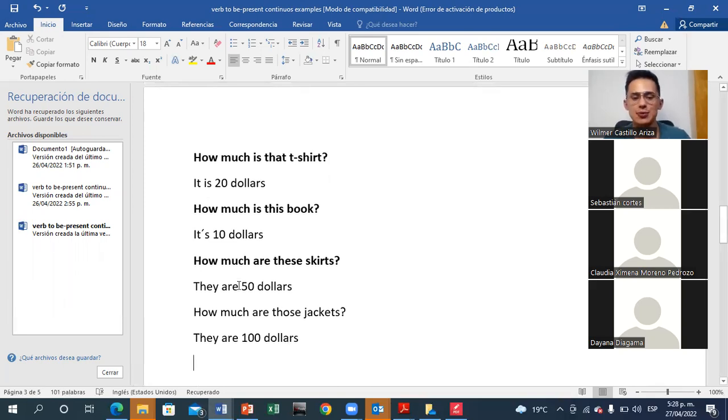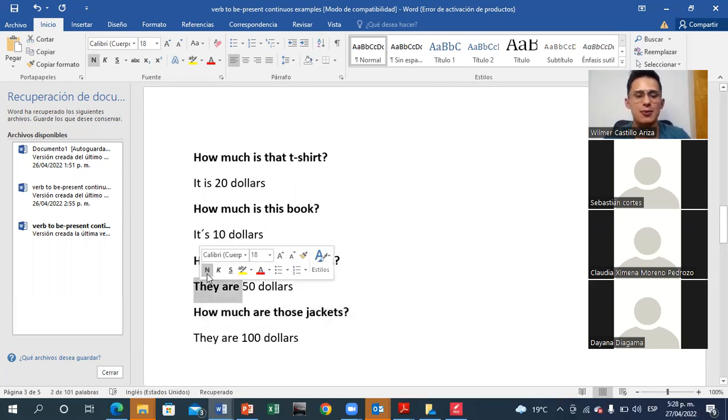So when we are talking about plural, look at this thing. I'm going to do a little summary. When we are talking about singular, we ask with how much is, and we answer with it is. When we are talking about plural, 2, 3, 4, 5, many things, we ask with how much are, and we answer with they are, okay? Entonces, siempre que vayamos a preguntar, aquí, vea, aquí está un ejemplo claro, pueden tomar un pantallazo, lo que quieran. Acá está un ejemplo claro, muchachos, bueno, aquí podemos hacer la contracción.